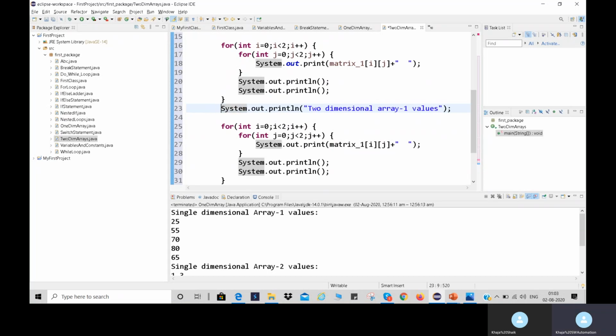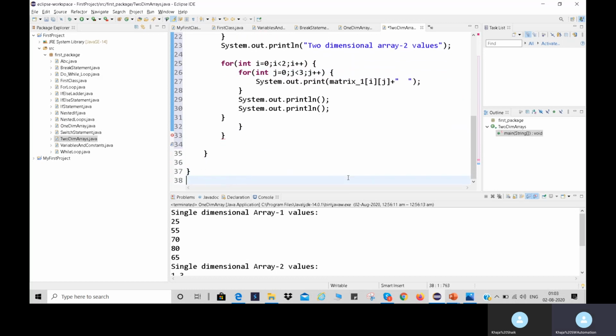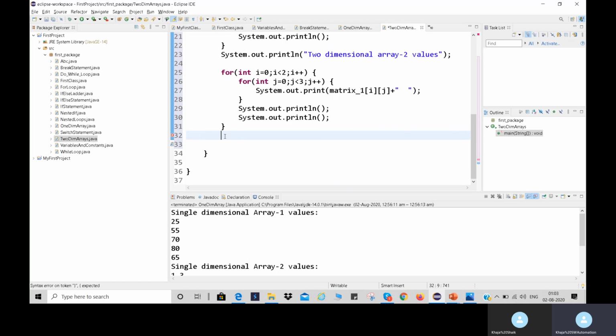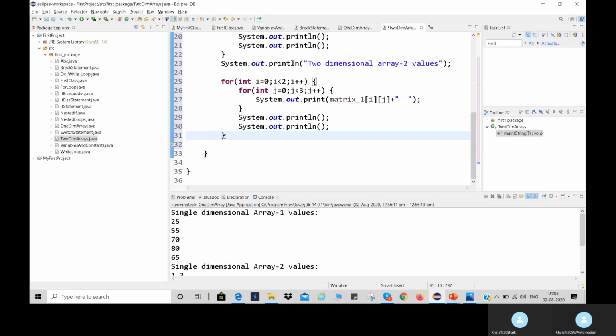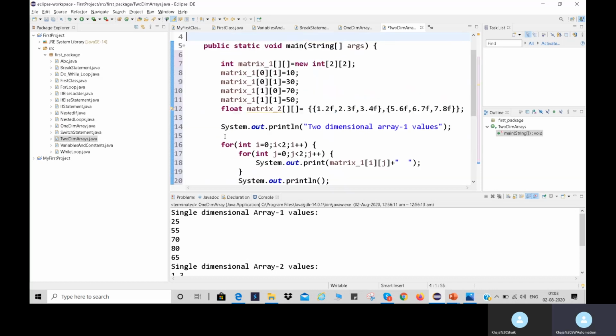So this is the two-dimensional array 2 values, and here how many rows have we taken? 2 rows, and columns are 3 columns, right? I need to change this value, 2 rows and 3 columns, so it will display the value. Now let me execute this program.